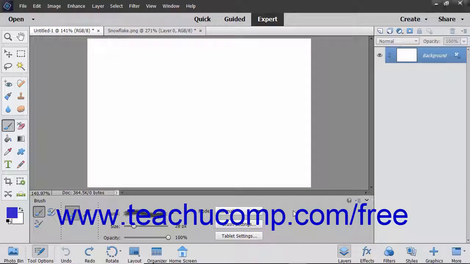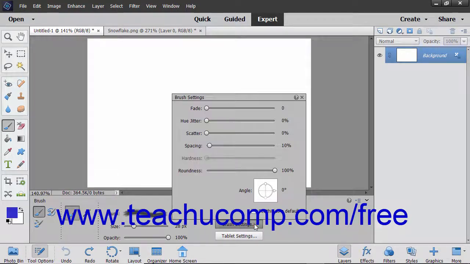www.teachucomp.com/free. You can access the Shape Dynamic settings by clicking the Brush Settings button in the Tool Options bar after selecting the brush tool from the toolbox. Generally speaking, the term Shape Dynamics refers to the settings that control the variance of brush marks within a brush stroke. Each control can be adjusted by using the slider or by typing a value into the box to the